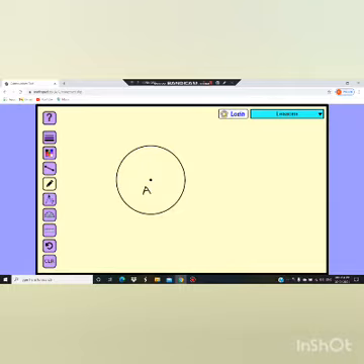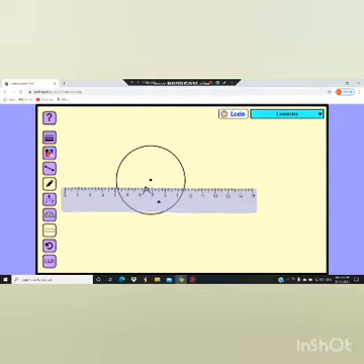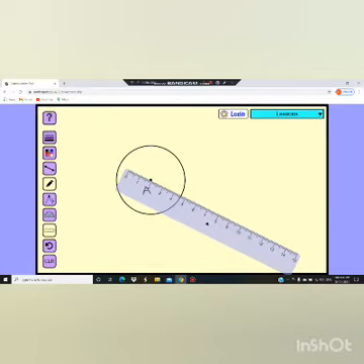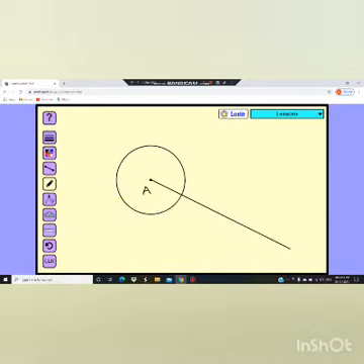Now I will show it in the downward direction. So what to do for that? Now take a scale. With the scale, draw one line. I'm just drawing in a slanting position. So draw one ray. On the other end, show an arrow. Now that point is on the circle, so I'm naming that point as B. Through B we have to draw the tangent, that means the perpendicular.